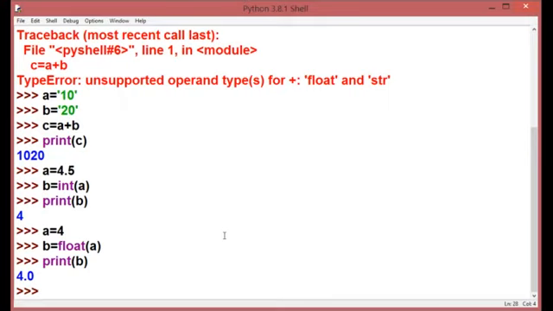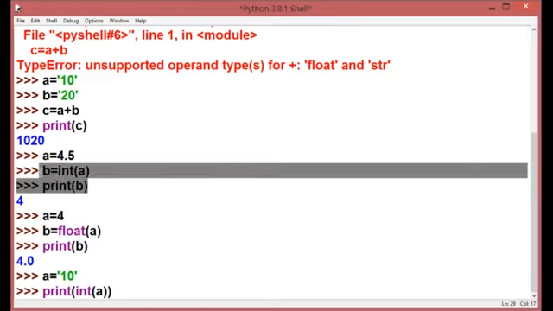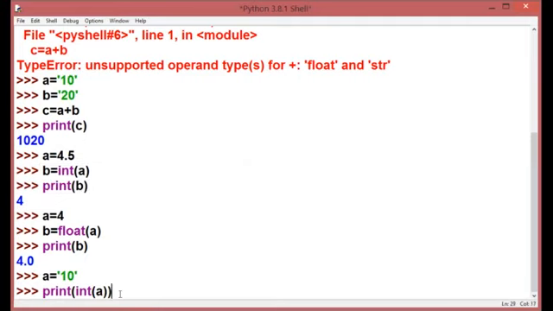Another function we can use is str. Now I'm going to take one string value and show you how we can convert it into an int. I have written only one line over here, so I have converted these two lines into one. No need to write b is equal to int of a and then print a. Directly I can apply this functionality inside my print function. So what will happen?